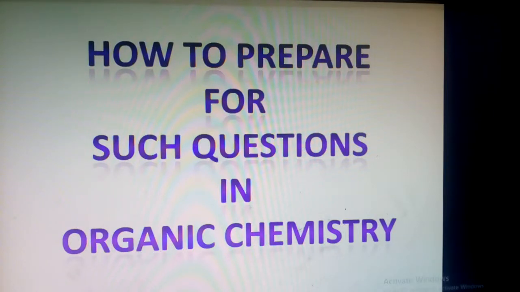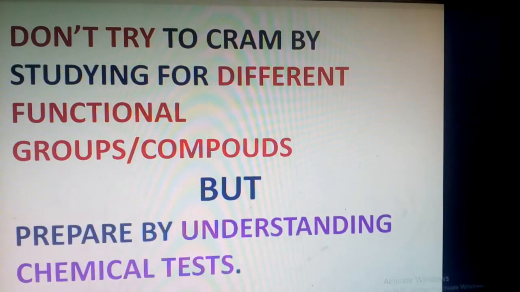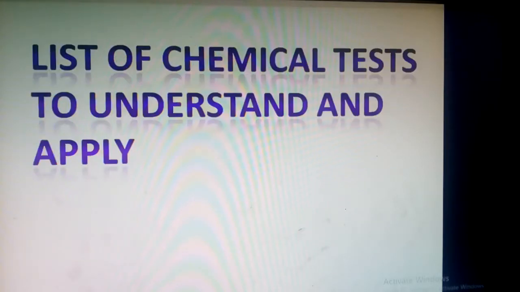Generally students take important distinguish between questions from past papers, sample papers or any other books. But we should not try to cram by studying for different functional groups or compounds, but it is better to prepare such solutions by understanding the chemical test, means the nature of the functional group that gives a chemical test particularly. So there are in total 12 chemical tests in +2 organic chemistry which can be used to distinguish between different